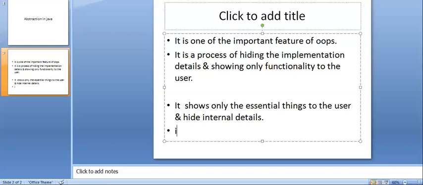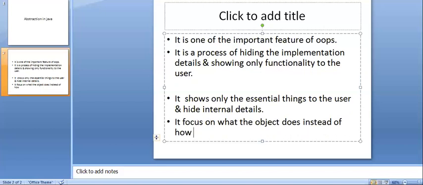So it mainly focuses on what the object does instead of how it does it.